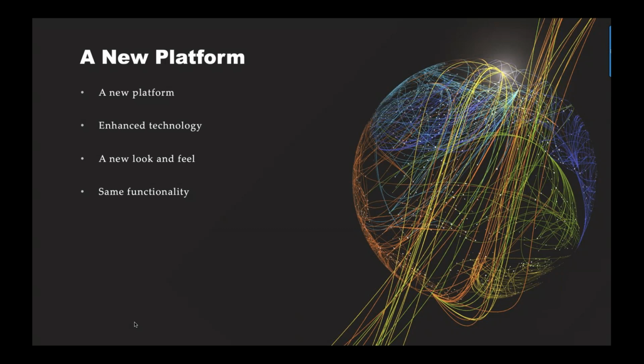The good news, even though we are moving to a new functionality, a new platform, the functionality is going to remain the same. Nothing is going to change as far as functionality. What you can do in Memo Manager today, you will be able to do once we move to the new